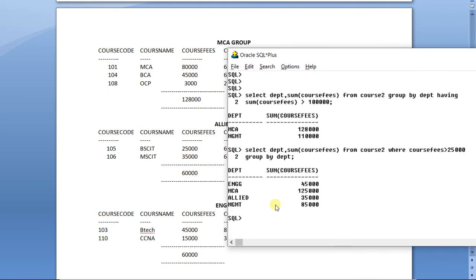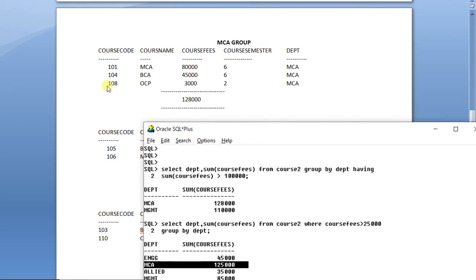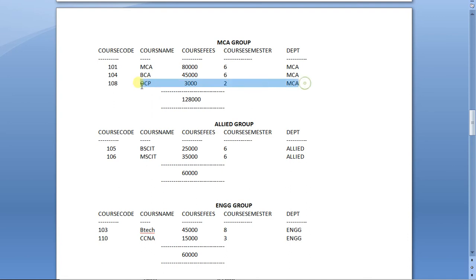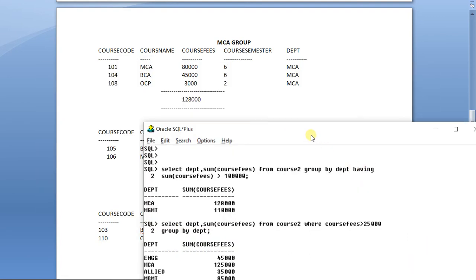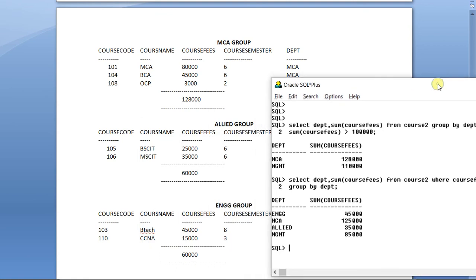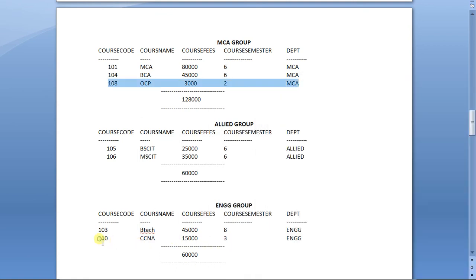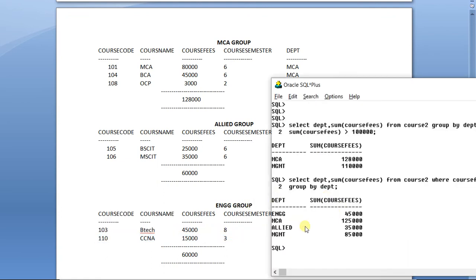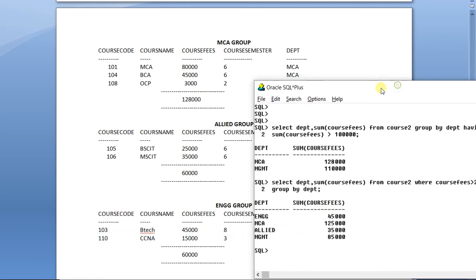You can see the answer of MCA is now 1,25,000. Why? Because the where clause has stopped this. Similarly, in engineering this was stopped, so only 45,000 has come. I hope you have understood this.